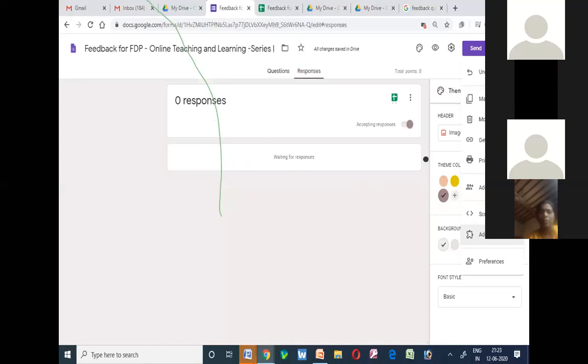Whomever you want to get the particular feedback from, you can send to those people either through email or by sharing the link through WhatsApp. So this is completely about how to do a feedback form and how to go about with the quiz. We have completed, and we have seen how to create and how to